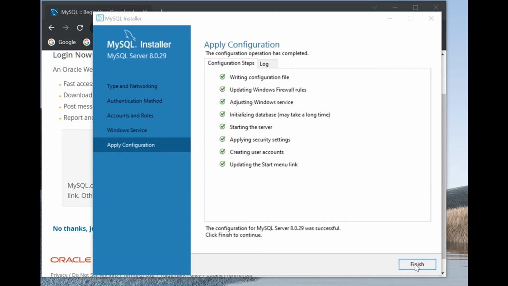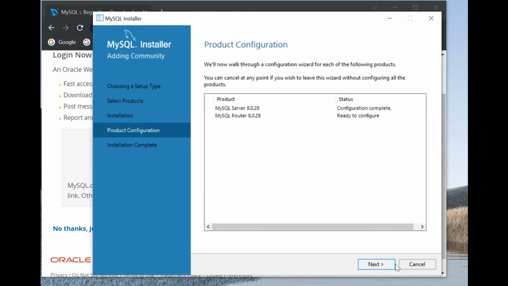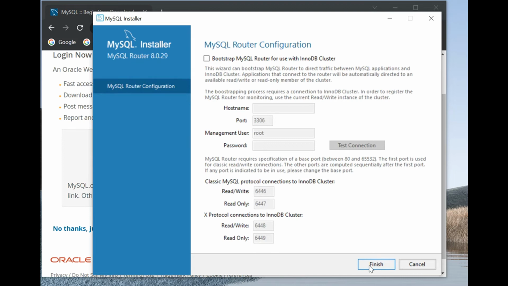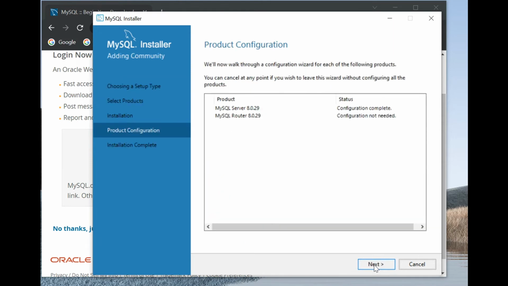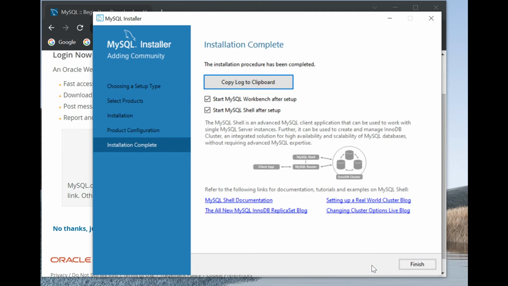Okay, it's complete, so we click finish, and we have the second one to configure, so we say next, and this is the router configuration. We use all the defaults as well, and we say finish, and it's not needed. Next. Okay, so we click finish,